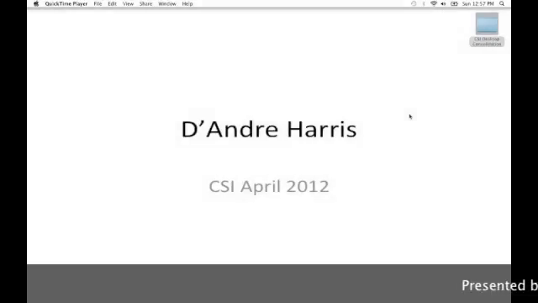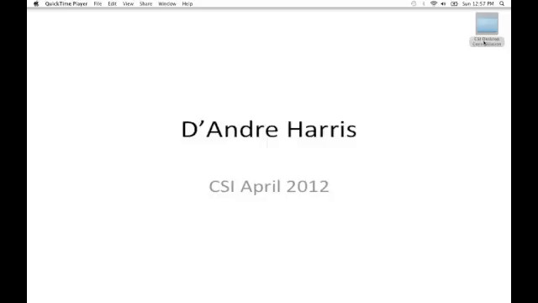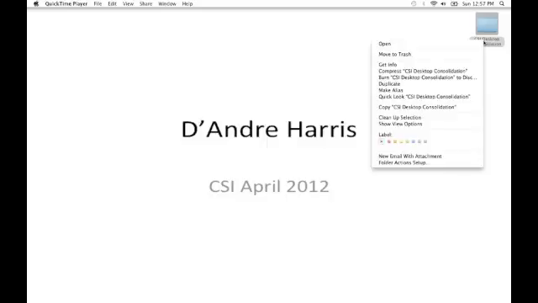The first thing we're going to look at is viewing file information. To view file information, you want to select the file. I'm just going to use this one for an example. You want to click on this file, scroll down to Get Info,